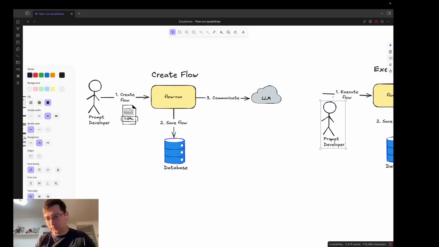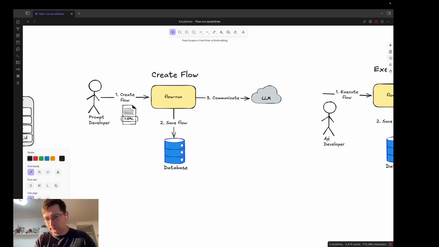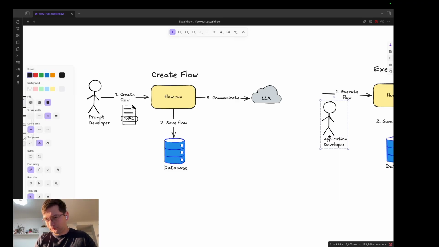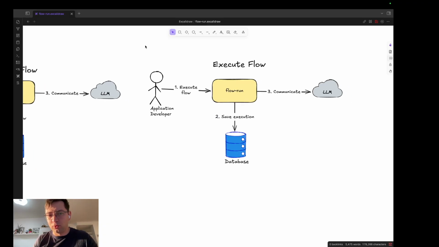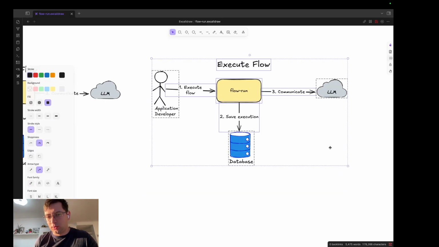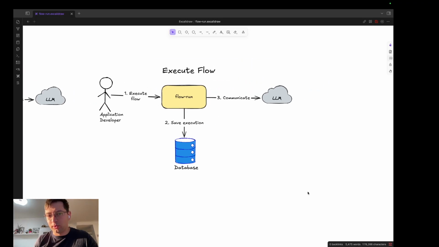Application developer will execute our flow, and how it will be executed. So application developer sends a request to execute flow. We are saving execution. We are not executing it instantly because we want to provide reliability that this flow will be executed. Actually, we can start executing instantly to reduce latency